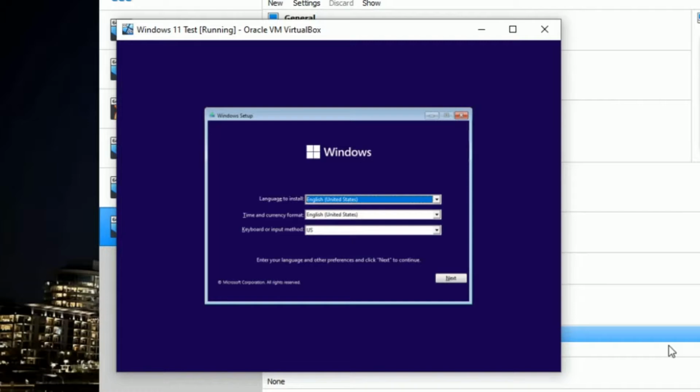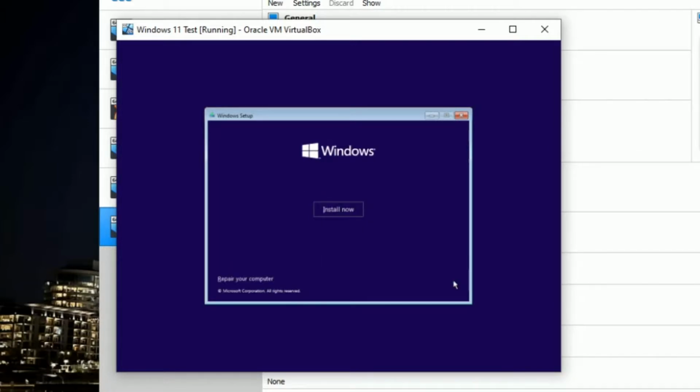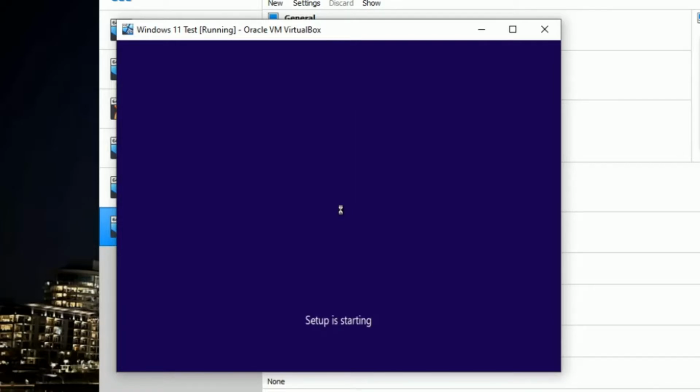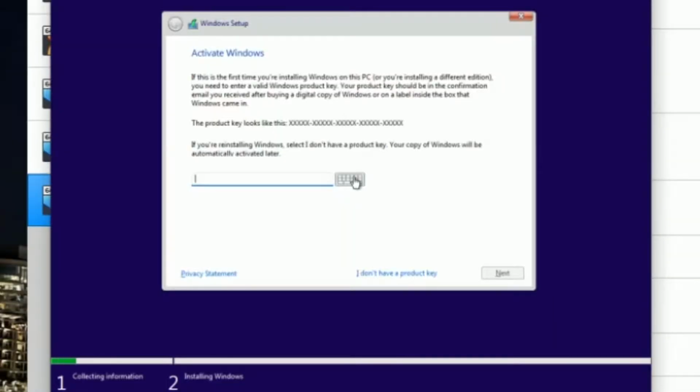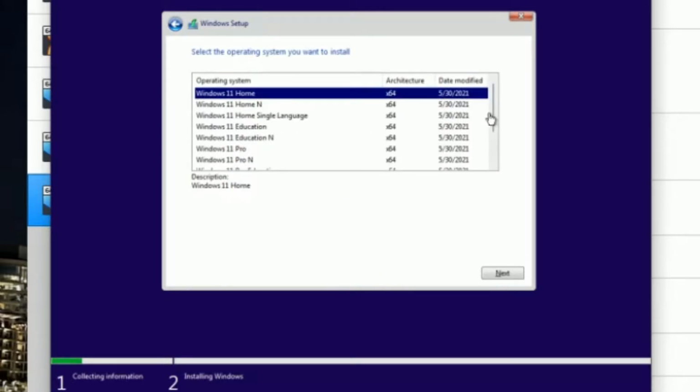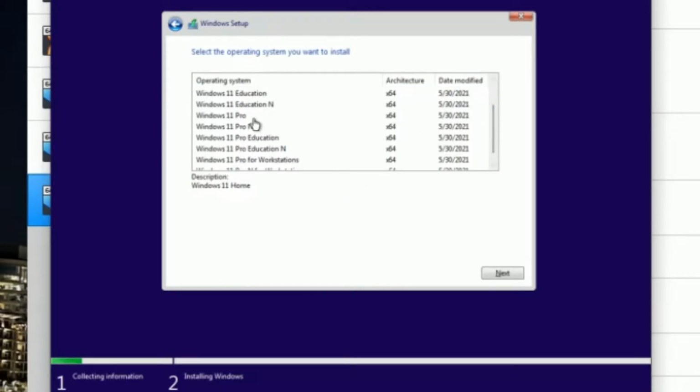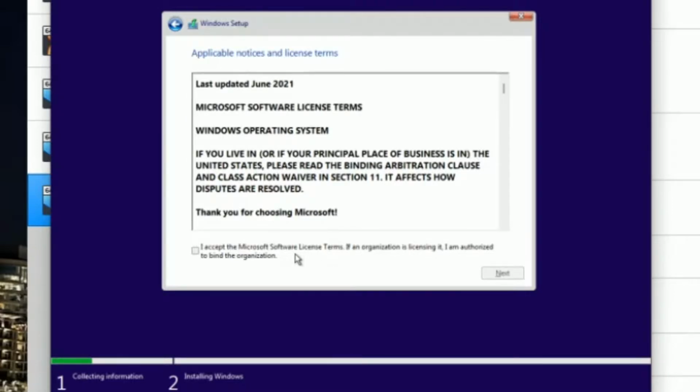And then we're going to wait for Windows 11 to boot up here. And that's a great indicator that it's working when you see that Windows icon, so that's good. All right, we're in the setup here. We'll go ahead and click Next, kind of keep everything at default. Install now. It'll take a few seconds. If you have a product key, you can enter it at this time. We don't, so we clicked I don't have a product key at the bottom. Then you'll select the version of Windows 11 you're using. We went with the Windows 11 Pro installation, kind of a typical version here. And click Next, agree to those terms, and click Next again.